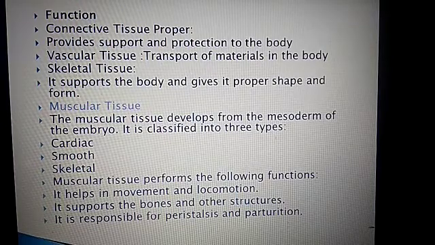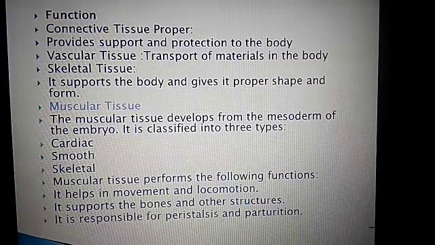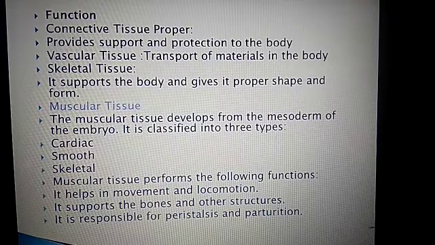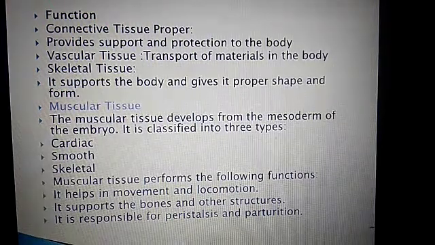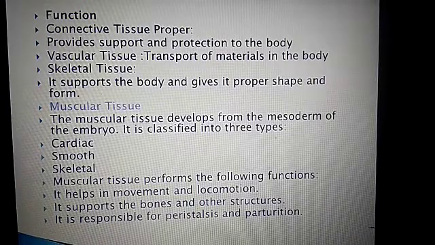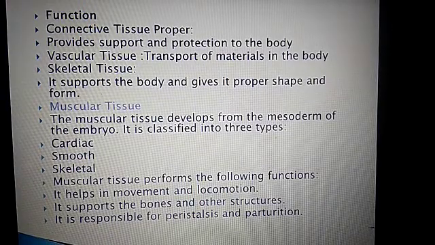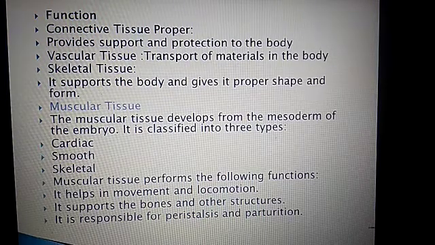Tendons, which connect the muscles to bones, are dense connective tissues, with fibroblasts and collagen fibers. Ligaments connect the ends of bones in a joint. What is a ligament? A place where bones meet at a joint is held by a ligament, and this connective tissue contains both collagen and elastic fibers. It is slightly flexible.